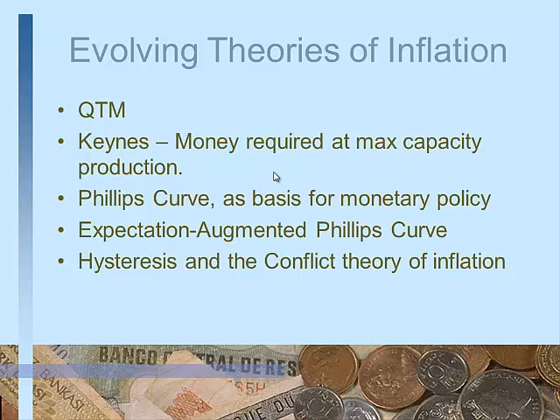So this theory is basically the basis for the Phillips curve, which says that there is a trade-off between unemployment and inflation. As you increase the money supply, the unemployment is lowered, but inflation is increased. If you decrease money supply, you will reduce inflation, but also you will increase unemployment.